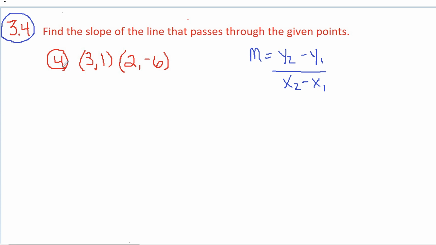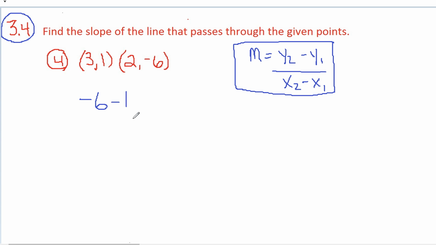What we're doing today, and much like in class, find the slope of the line that passes through the given points. All right, here are the points, and we need this slope formula in order to determine the answer to this problem. So I'm going to have negative 6